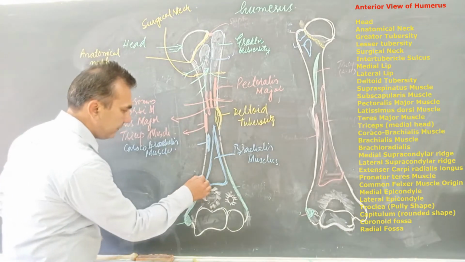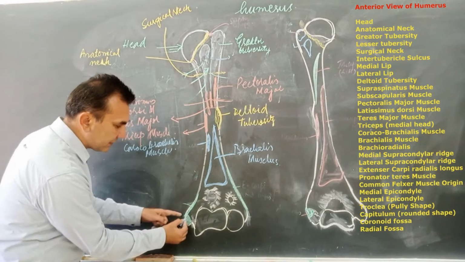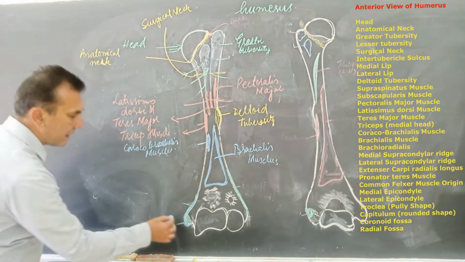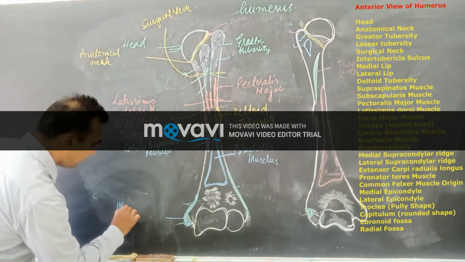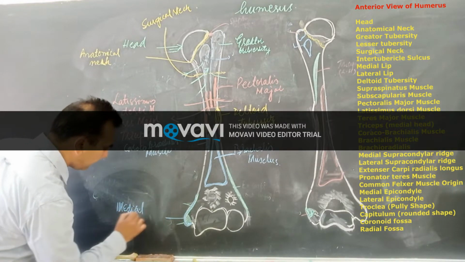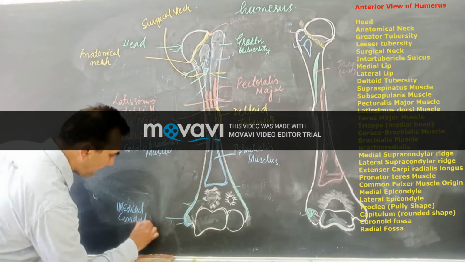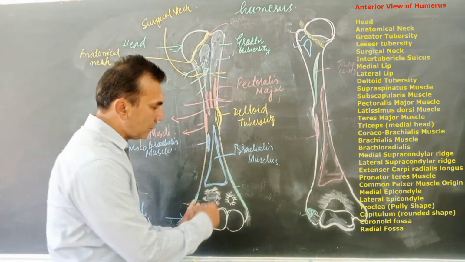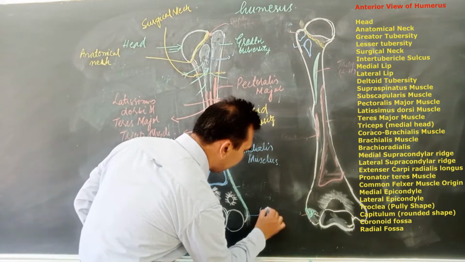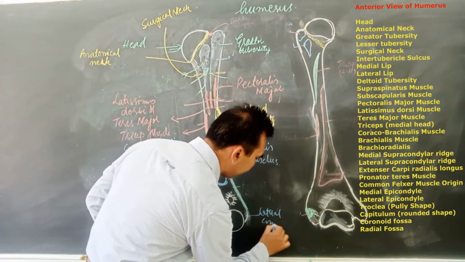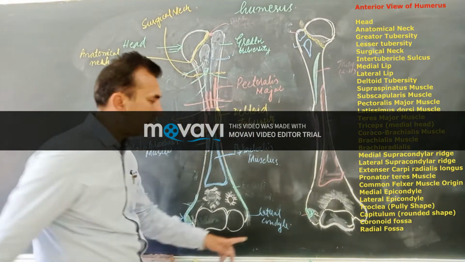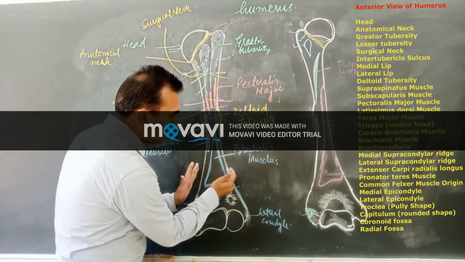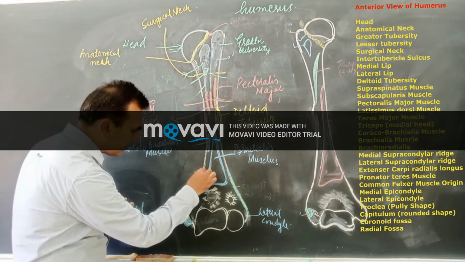This is a projection here, a protuberant projection on the medial side. This projection is called the medial condyle. On the opposite side of that is the lateral condyle. Lateral condyle, medial condyle. Just above the lateral and medial condyle is a ridge over here,